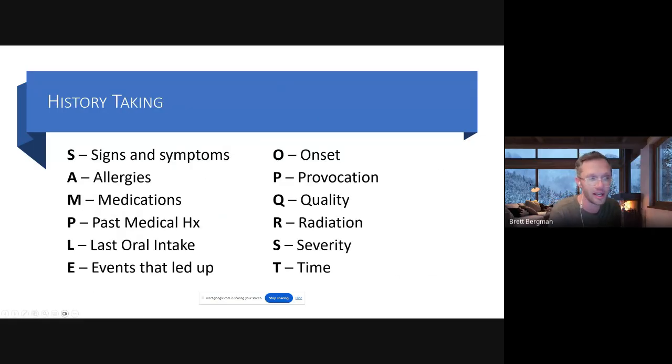I think history taking is one of the really important skill sets that we have when we have someone with a medical condition, like a heart attack or like a stroke, where we really want to get a good history. Past medical history is really important. When it comes to heart attack, I think it's 7 in 10 patients that have their first heart attack had a history of high blood pressure. And for stroke, 8 out of 10 patients had a history of high blood pressure.